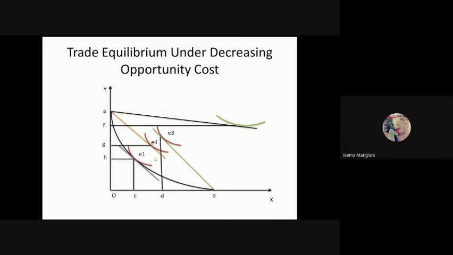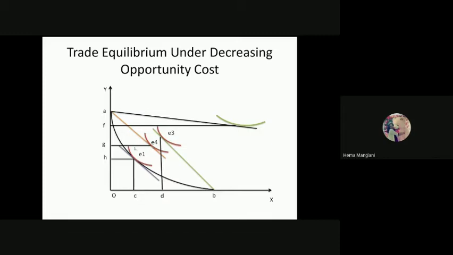And producing more of Y is also revealing their pro trade condition. How is that revealing a pro trade condition? Before their participation in international trade, they were actually producing and consuming this much. So this is Y and this is X. But as they moved on this line, their consumption point is shifted parallel. This shows that they would like to consume more of X. So as a pro trade situation, of course, they would go like that.